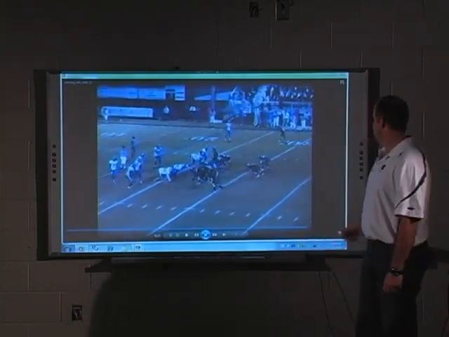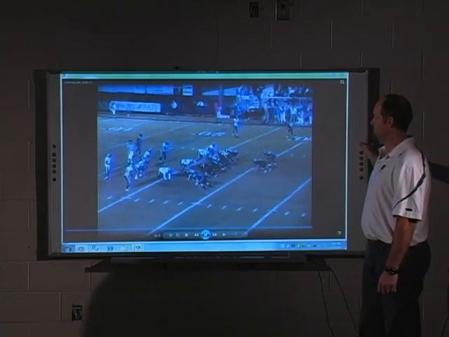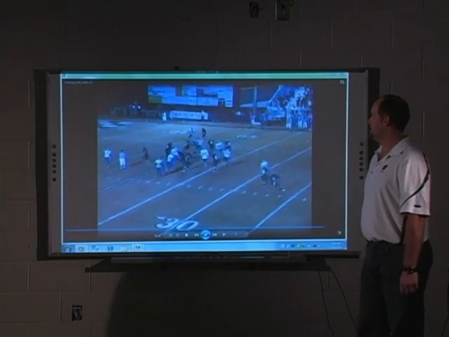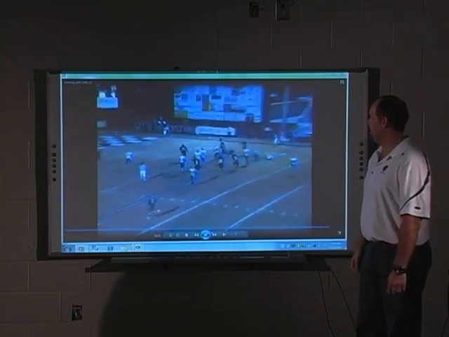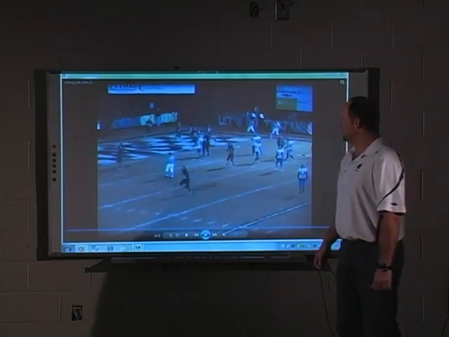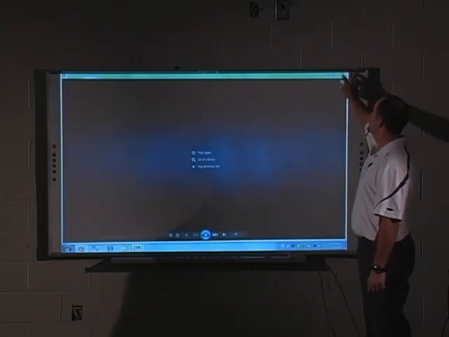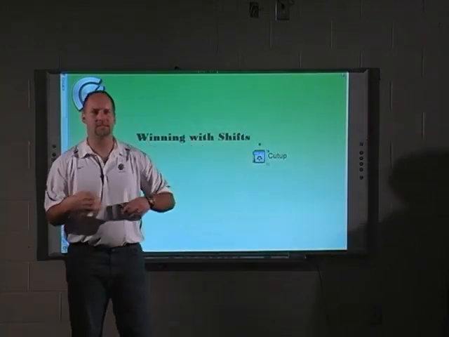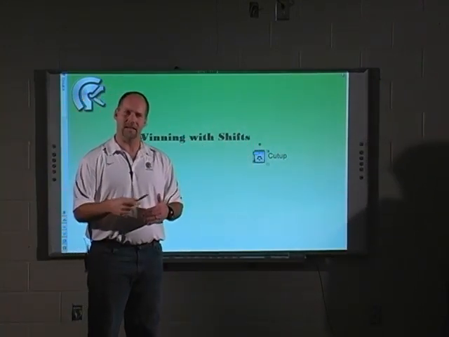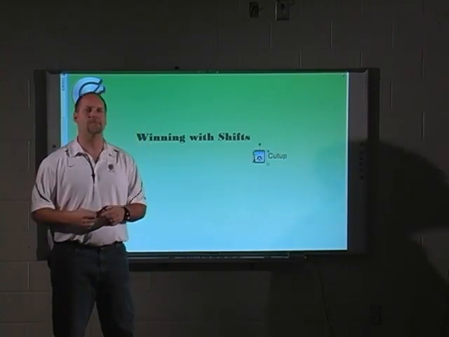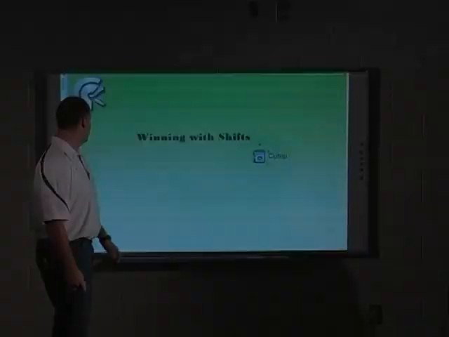We flip over and we realize there's no adjustment. So the next play, what do we do? We line up in an unbalanced set by setting up a play, and we run a buck sweep off the other side to score a touchdown. That was one of the big touchdowns of the game to help open things up. So you can see how this is not just something pretty and fancy. It's something as coaches, you recognize what the defense is doing, you take advantage of it, and it helps you to win games.